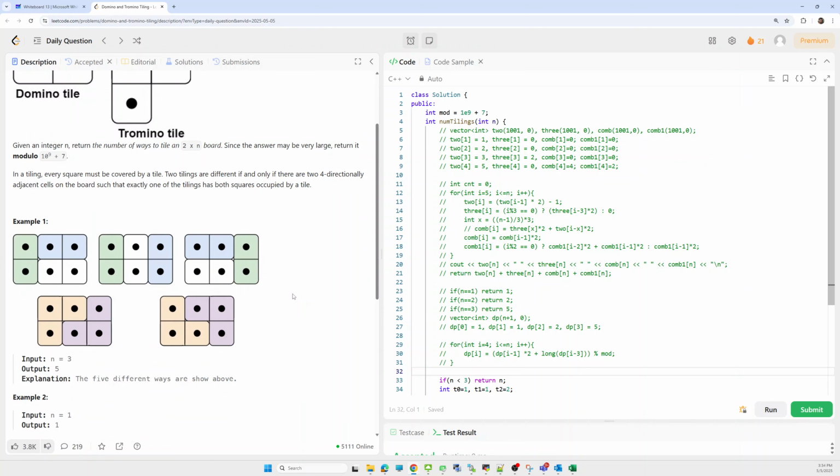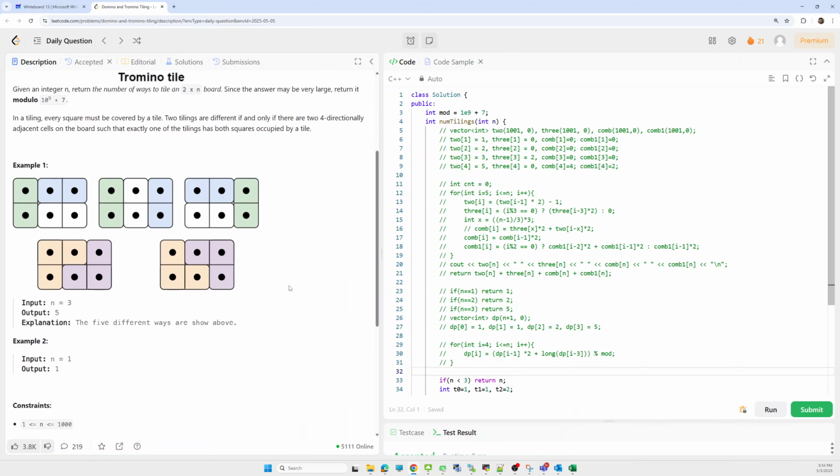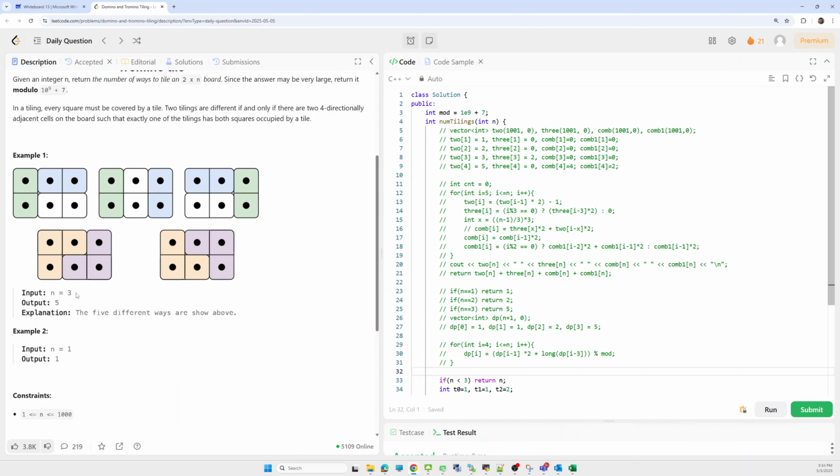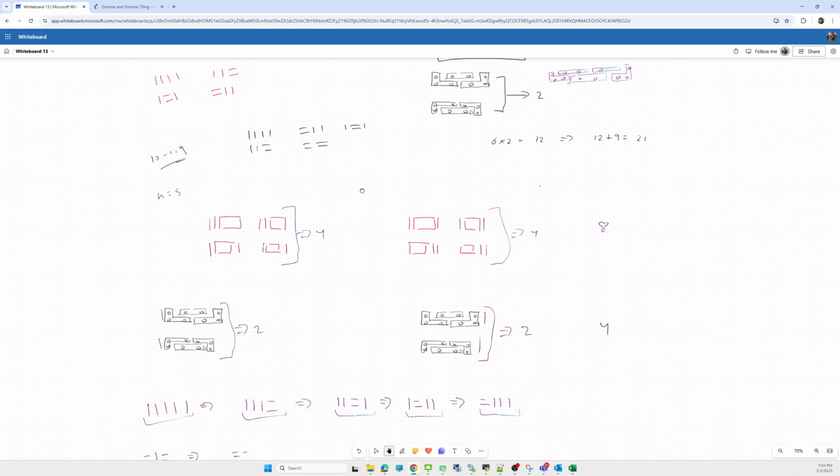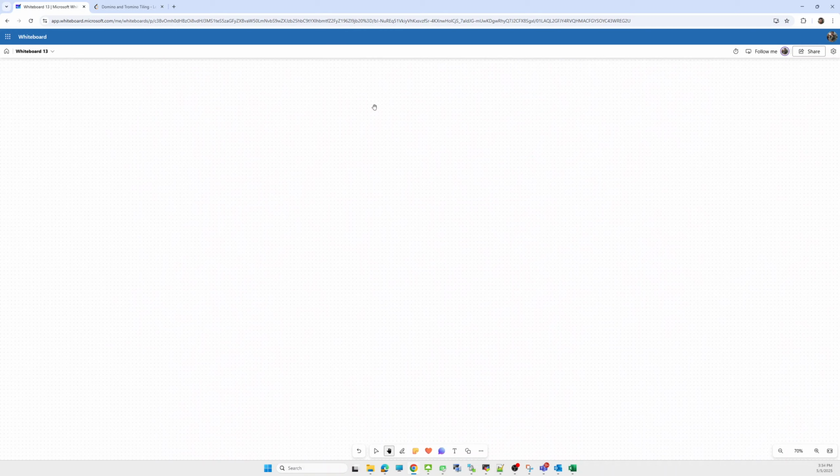There is one example given where n is 3, which means we have to form a board of size 6. These are the possible scenarios. Using dominoes we can form all the tiles in this form, or we can form two tiles in this way and one tile in this way.